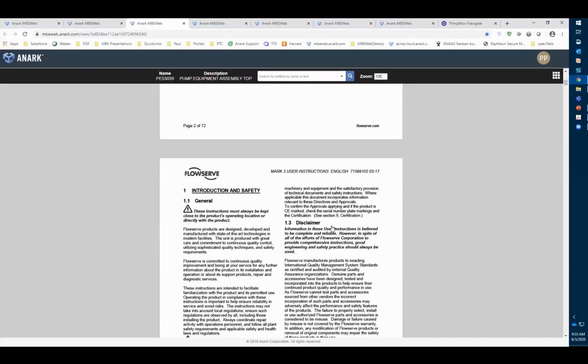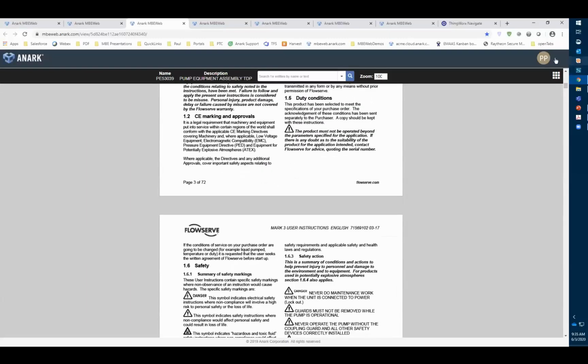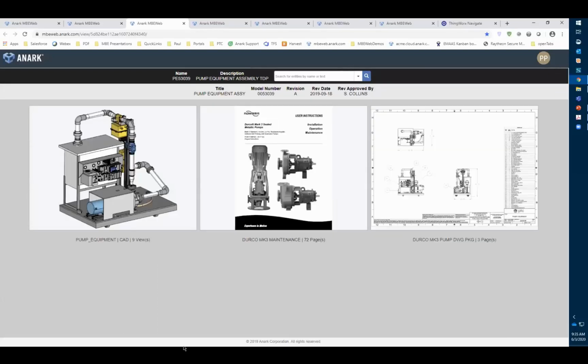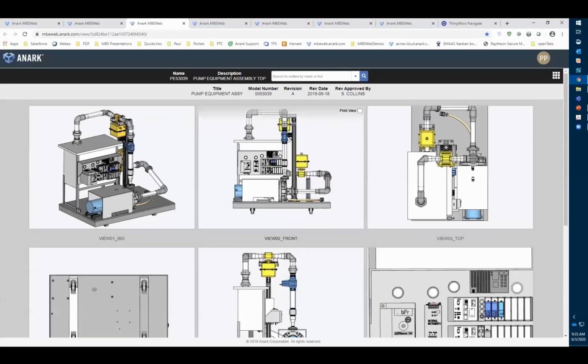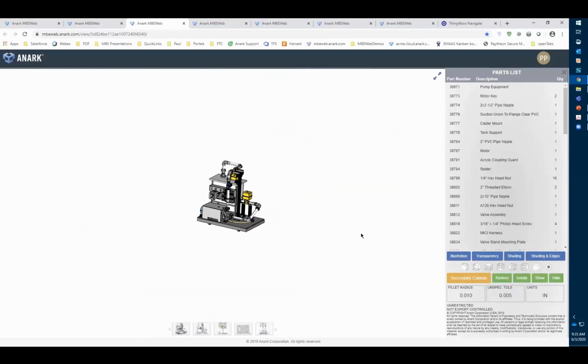You can see here again, there are no documents. This is all browser-based content that I can access right here within my web browser, whether I'm on a mobile device, an iPad, a Samsung Galaxy, Amazon Fire. Anything that can run a modern web browser can access this content without any plugins, without any configuration,